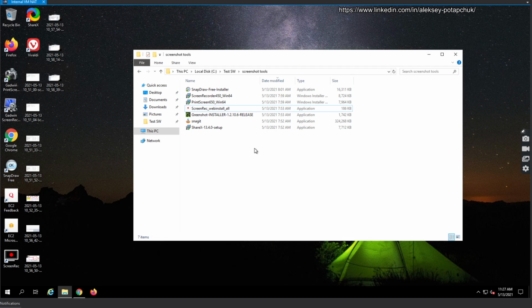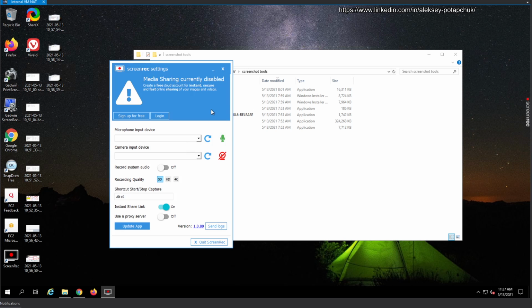And when you start ScreenRec for the first time, it did not show the pop-up, but it has this thing here on the right, immediately attached to your desktop, and you can't remove it because it sits there at all times. This is very weird. So we will go, and ScreenRec is tuned to do video recording in addition to audio. Unfortunately, there are no microphones or cameras on this. So we can do, for example, system audio, recording quality HD,